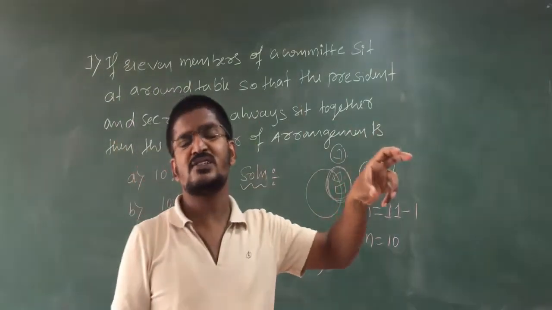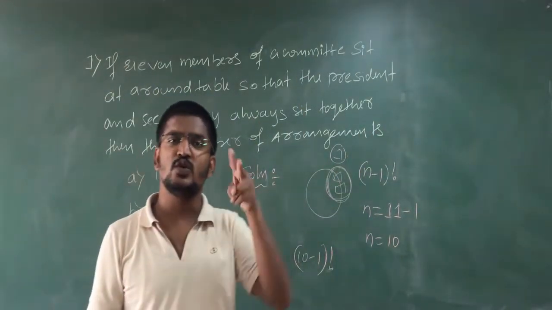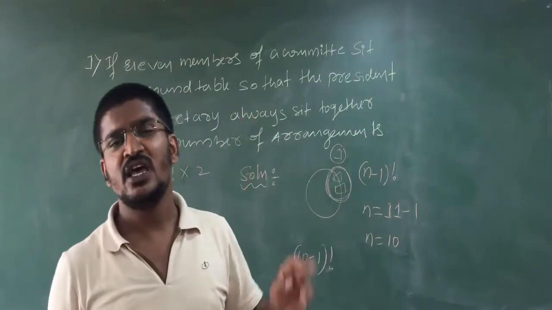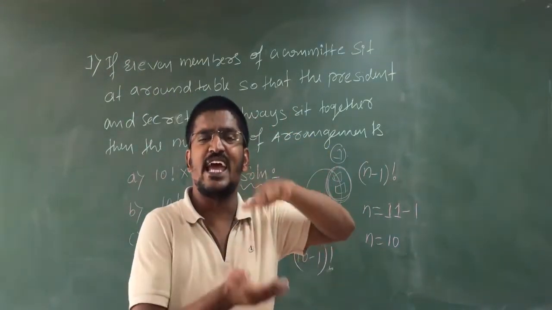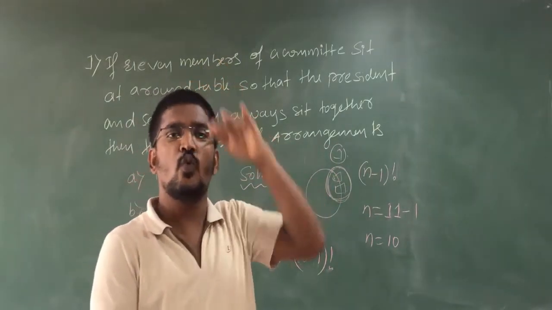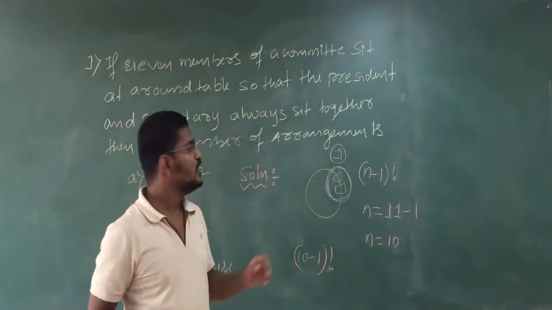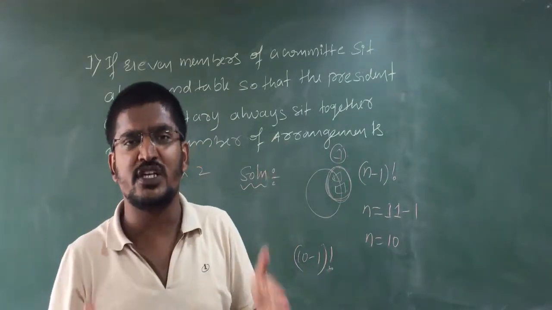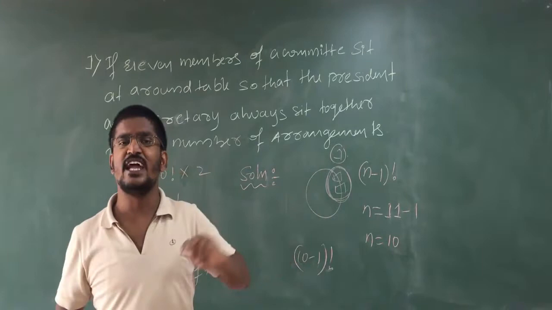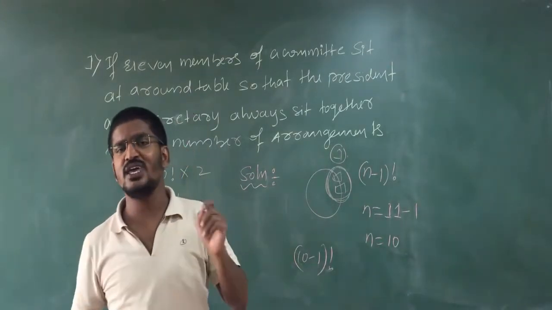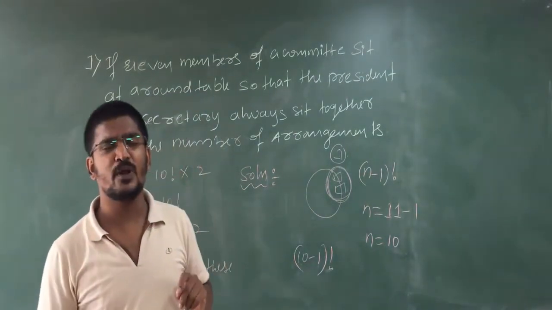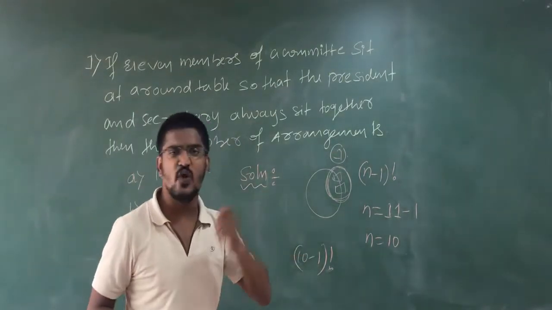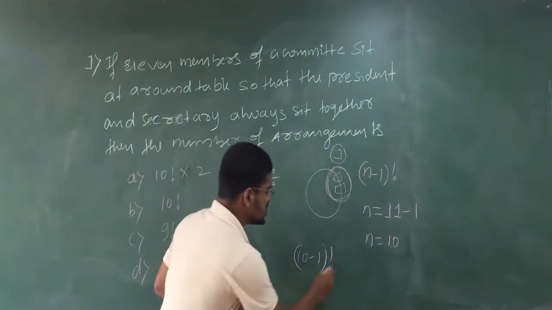Because 11 members are there, but in that 11, 2 have to be always together. For 11 members, 11 seats. In that, 2 are occupying side by side, so that is considered as one seat. For those two, that is reserved. That means the total 11 seats will be converted to 10 when those two are always side by side, so you are having n equal to 10. Circular permutations tells that n minus 1 factorial, so it will be 10 minus 1 factorial. Clear? Still it is not over.